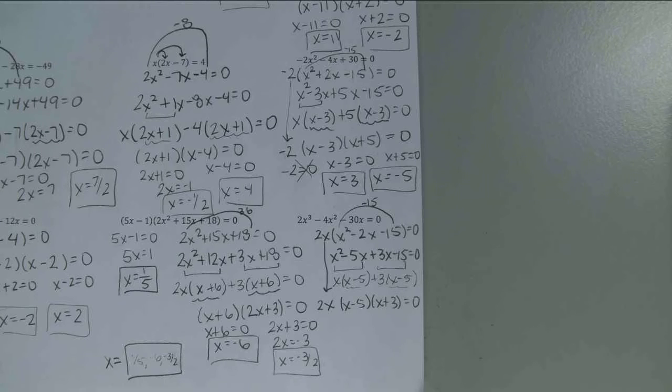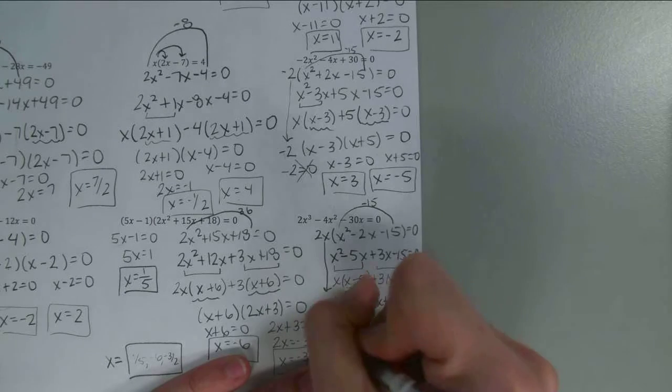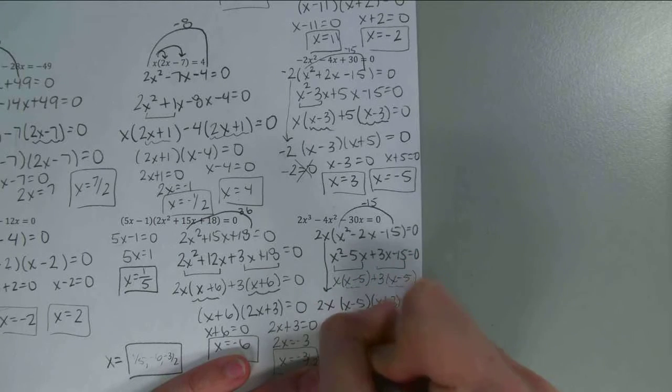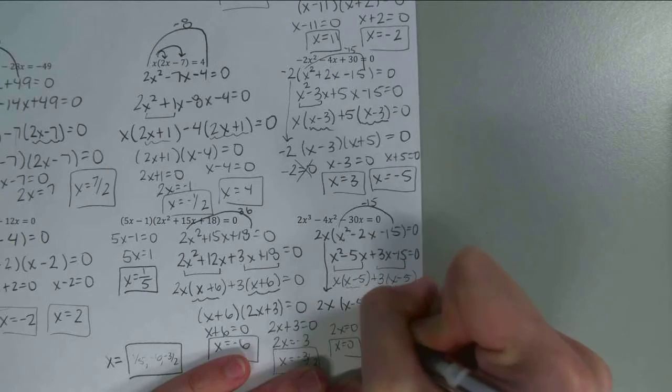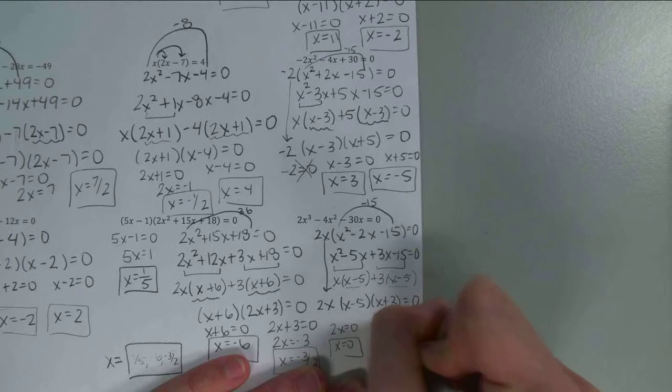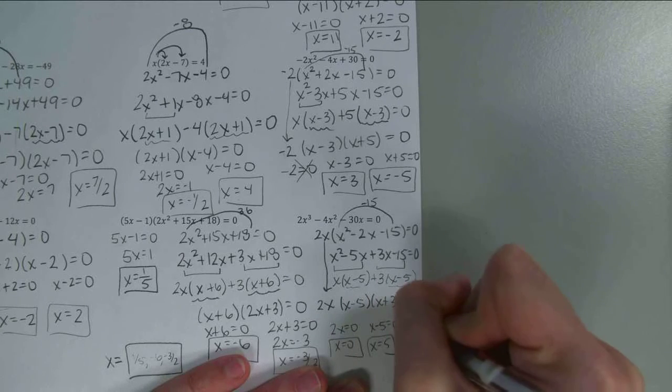And it's just like the one in the bottom left corner, guys, where each of them is going to be part of our solution. How does 2x equal 0? When x is 0. How does x minus 5 equal 0? When x is positive 5. How does x plus 3 equal 0? When x is